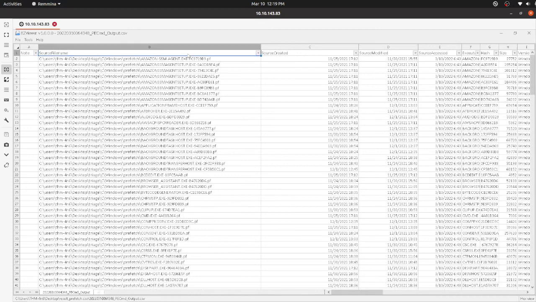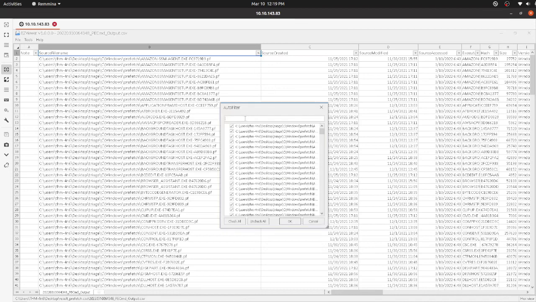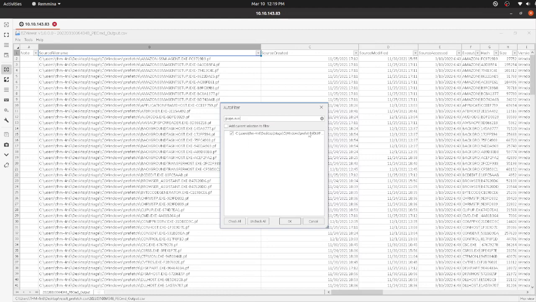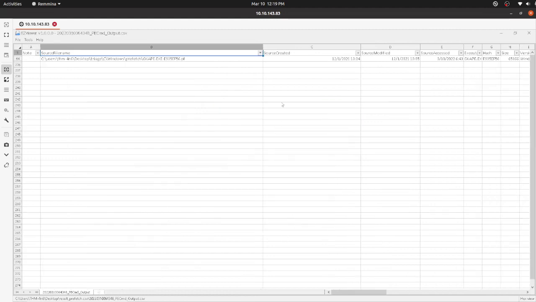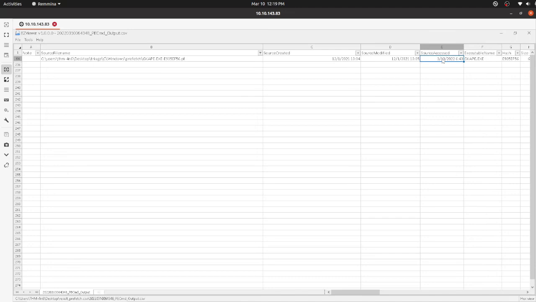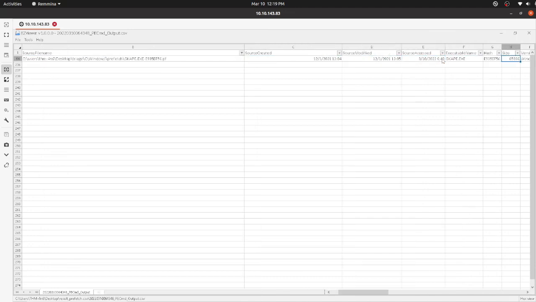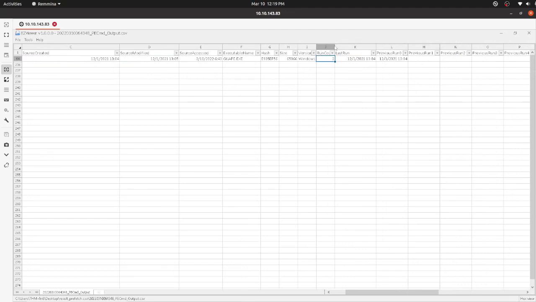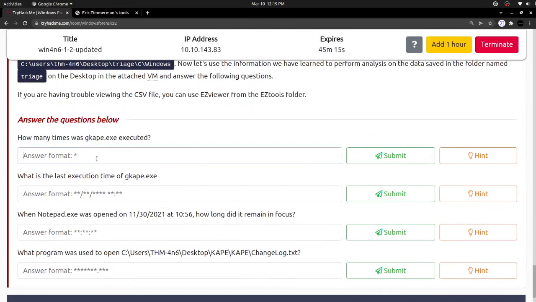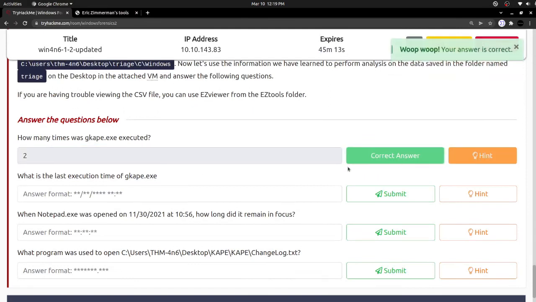And Control Shift L to enable the filter, and filter by values, gcape.exe. So here is the file. I'm choosing that alone, and how many times that file was executed. So that was the question, I believe. So here I can see the run count. It is nothing but 2. So that specific executable ran 2 times. And if I submit, that is the answer.